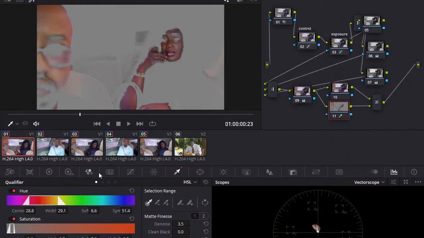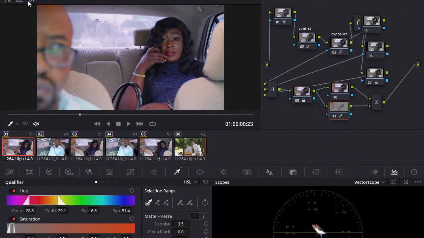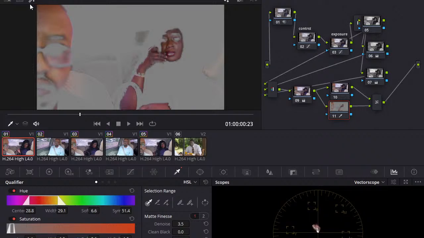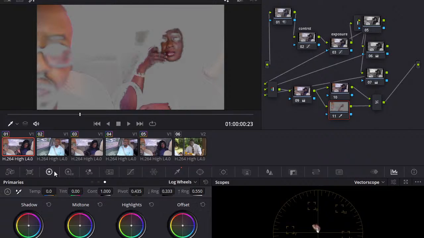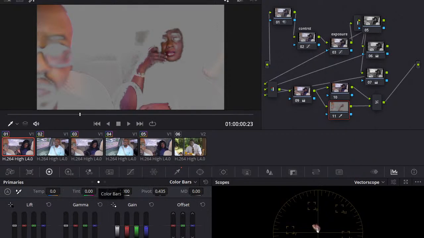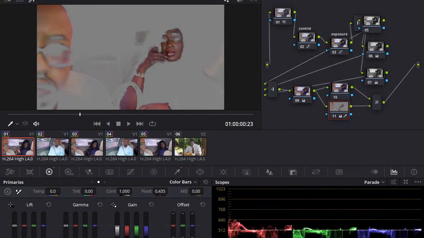So first of all, I need to do some minor corrections. I can see there's a lot of blue in her skin. I think it's from the clothing she's wearing. Yeah, the clothing she's wearing is reflecting a lot of ambient light, and also the window. So maybe try getting rid of some of the blue. I can see it's mostly on the highlight, so just try a little bit, not so much. And I hope you can see a difference. Let's just go to the parade, but don't overdo it. Some of the blue is already starting to go away, so I think it's fine there.